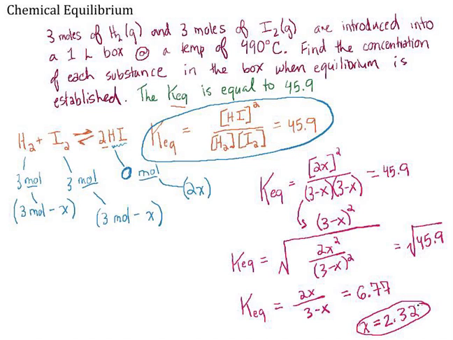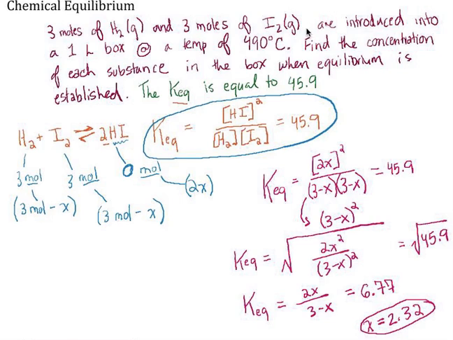So there's an example of how you might solve an SAT chemical equilibrium problem. The final piece here, of course, is actually answering the original question, right? Which is essentially, what is the concentration of each substance? So now that we have found X, essentially all we have to do is plug that back into these original values. So for instance, H2, I said, was going to be 3 mole minus X, right? Well, now I know X is 2.32. So in other words, I know that that ended up being 0.68 moles